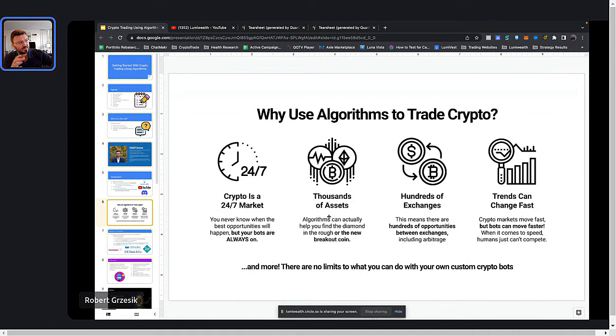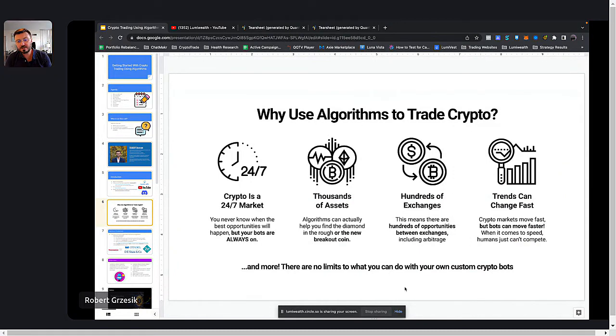You could be constantly scanning for coins. Is there some sort of breakout happening? Is there some news that happened with a particular coin? This is very hard to pay attention to as a regular person, just watching the news and whatnot. But if you have an algorithm, you can be paying attention to all this stuff, and you could be the first one to jump on board when there's some really good activity going on. I can tell you some coins that have done really well lately, like Guard, things like that. You would be jumping into those sooner rather than later and taking advantage of that cash, and also jumping out sooner rather than later. You could have things that protect you against losses as well. So thousands of assets, an algorithm will really help you go through all those.